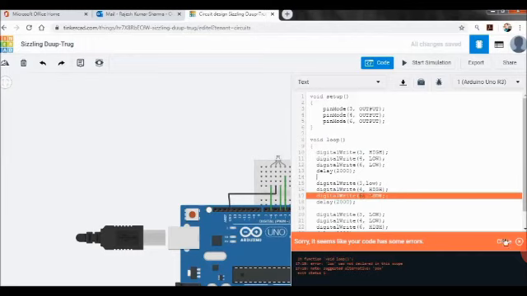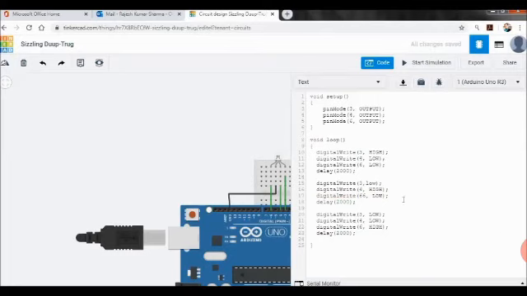And also I can see one more error I have made. The pin number should be 6, and "low" in this I have written with a small letter, that should be a capital letter. So this is how the software will tell you your error, and you can modify and check it again.